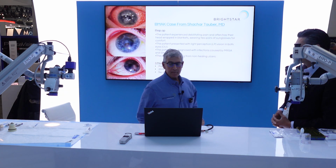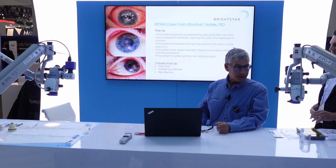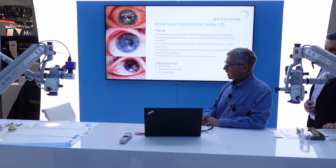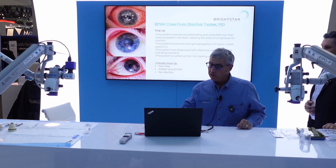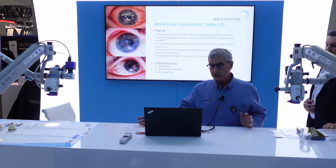Thank you, Raj. I'm Dr. Tauber, but I'm actually not that Dr. Tauber. There is another one. He's also a corneal surgeon, and this is one of his patients that was very influential in his interest in doing these procedures. This particular patient was treated with Tivdak, a new chemotherapy, one of the ADC drugs that has